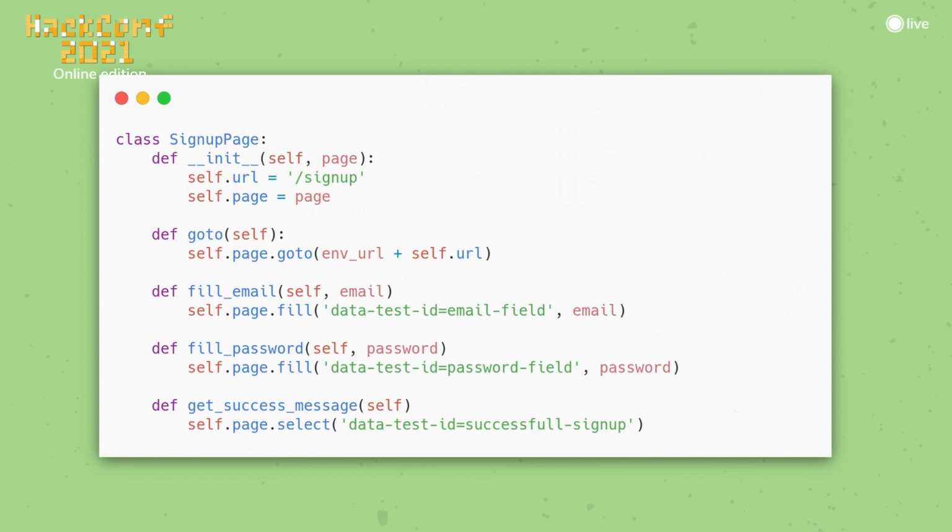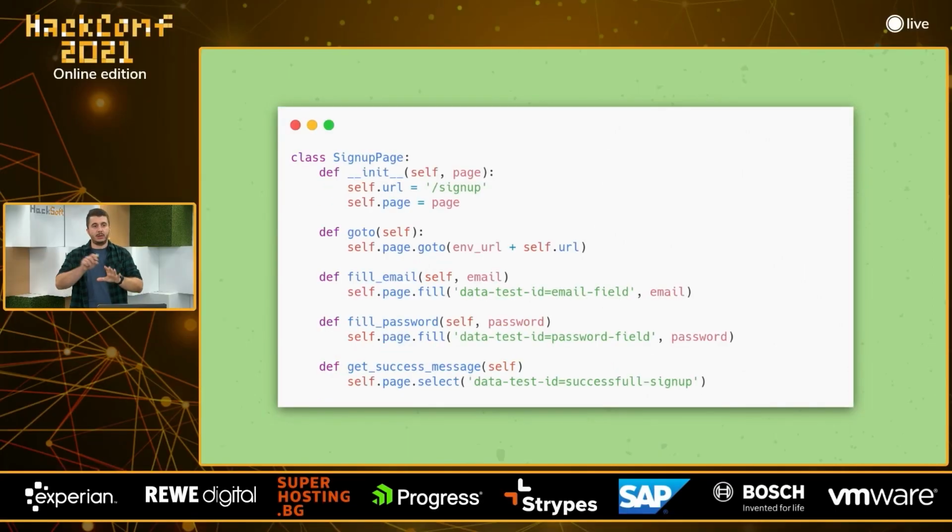What do I mean? If I'm creating an input field and I know that we need to have a test for this, I'm going to place data test ID equals email field. And I know that this is the only email field in the page, and there are going to be some tests written exactly for this field. This is kind of powerful and makes the tests way more robust. We can change the entire layout of the page, change the colors, change the positioning, change everything, and the tests are still going to pass.